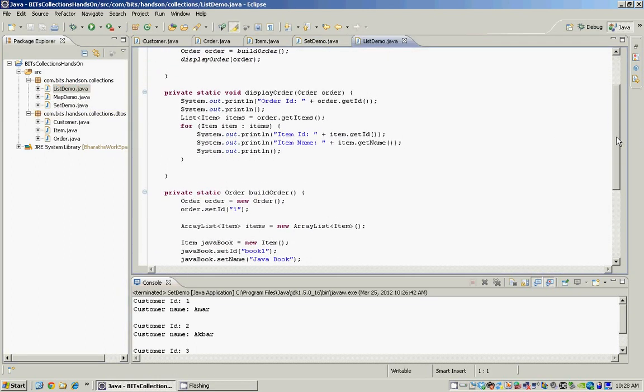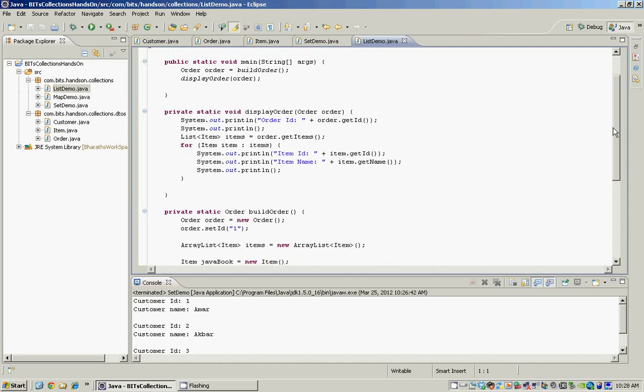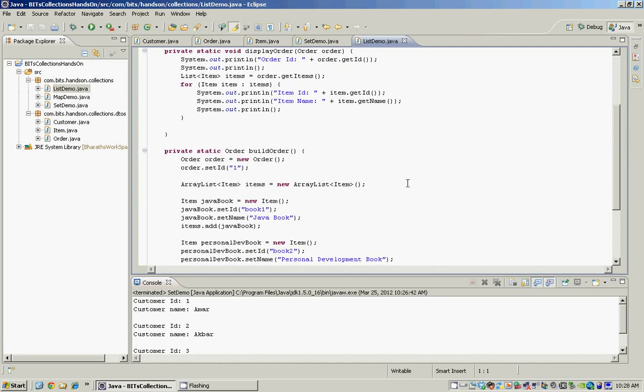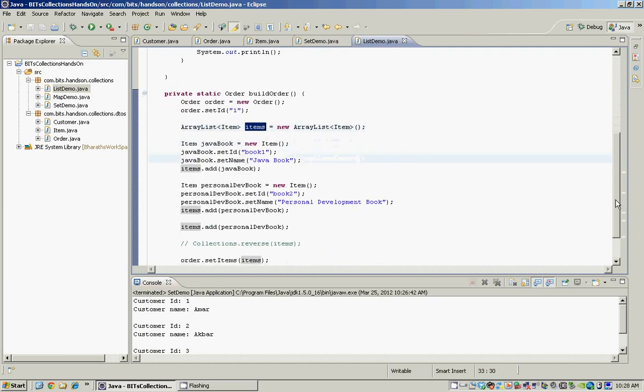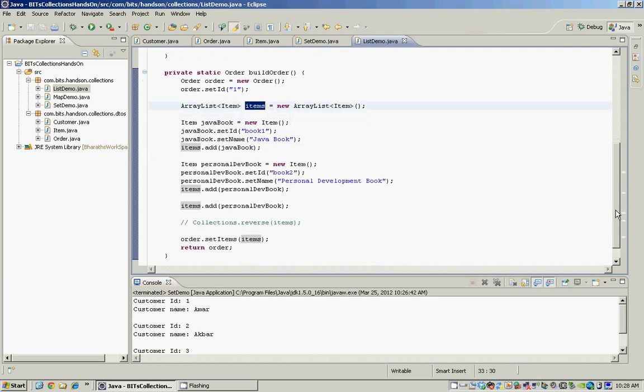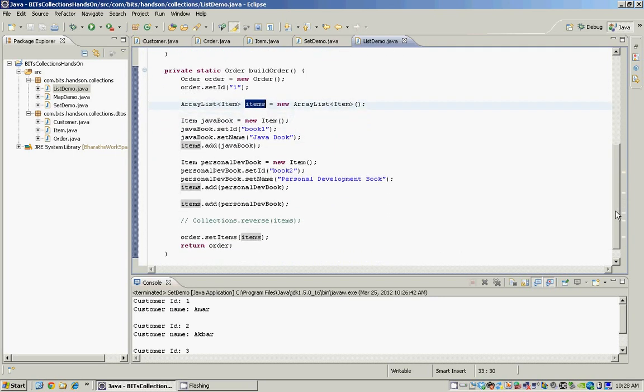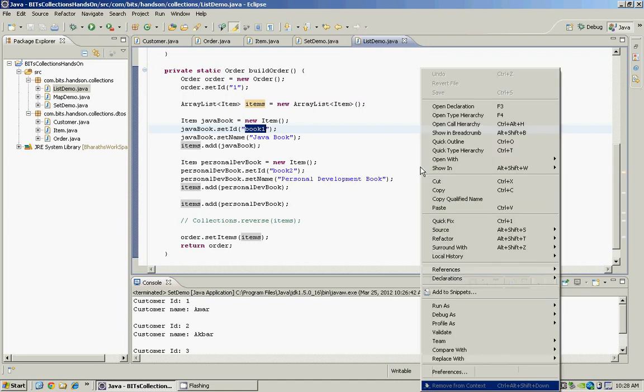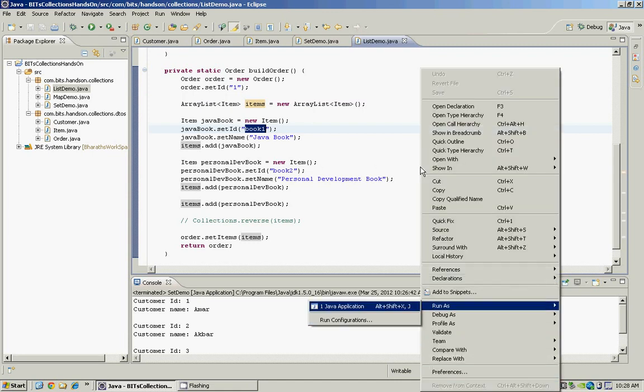As you remember, list always maintains an order, and what I have here is two methods again. One that builds the list of orders, and the order in turn has a list of items. Sorry, this doesn't have a list of orders. We are creating an order object here which has a list of items. As you can see, the list has two objects here, book 1 and book 2, and when I run this,